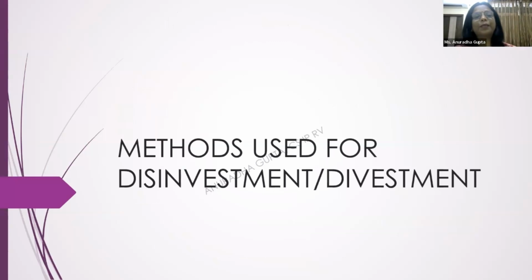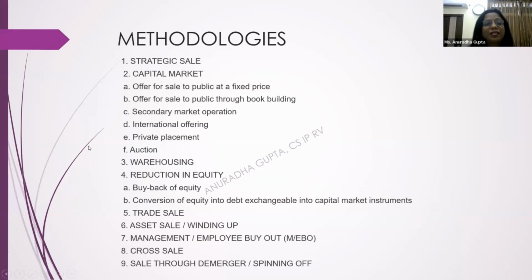Now, quickly, we will examine the worldwide practices that are being used for the purpose of disinvestment or divestment, because this is something which is happening all over the world. Government is withdrawing its participation in day-to-day activities, concentrating itself on the core activities, instead of just participating as a business entity in just every hanky-panky thing, right? So the different methods that are used, first is the strategic sale. A brief overview I have already given. In detail, we will discuss it in the last, because that is going to be the main area where our concentration would be.